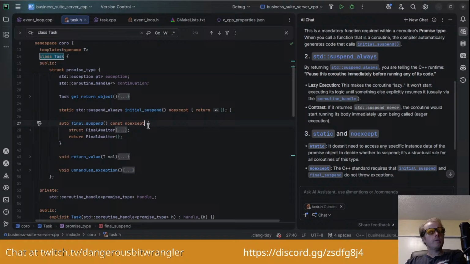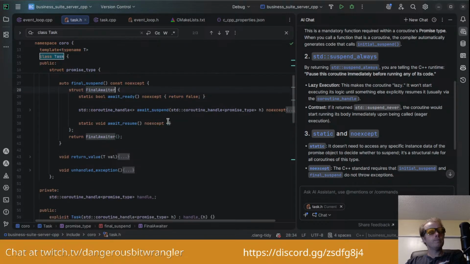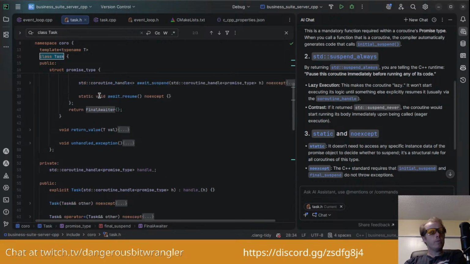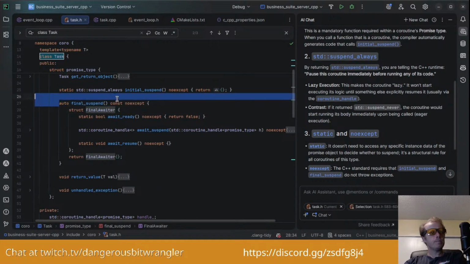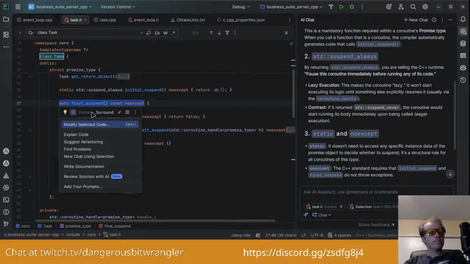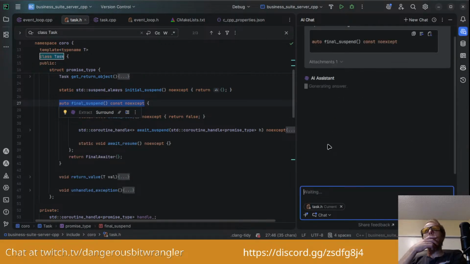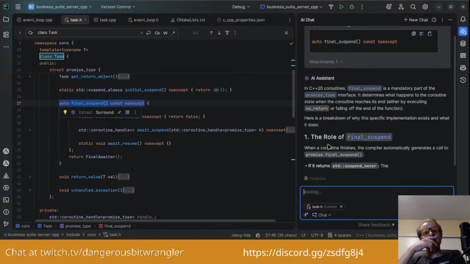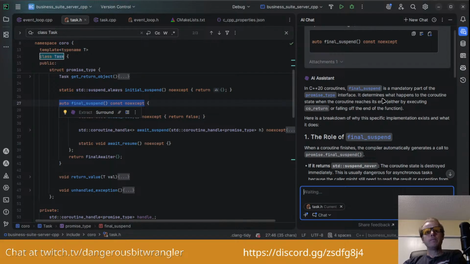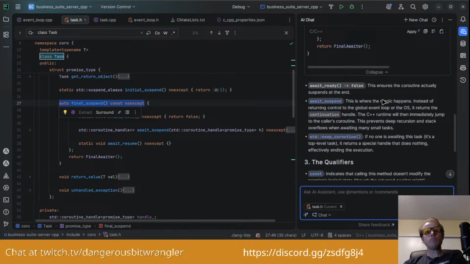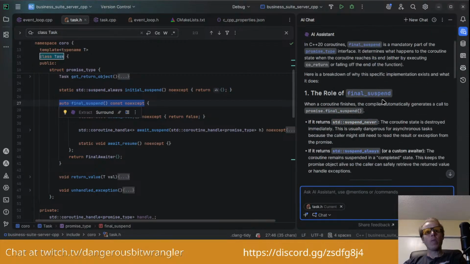Final suspend. I don't know what that's for. It determines what happens to the coroutine state when the coroutine reaches its end, either by executing coreturn or falling off the end of the function.